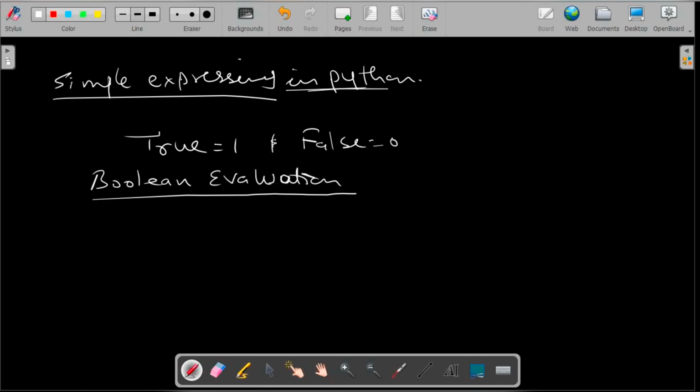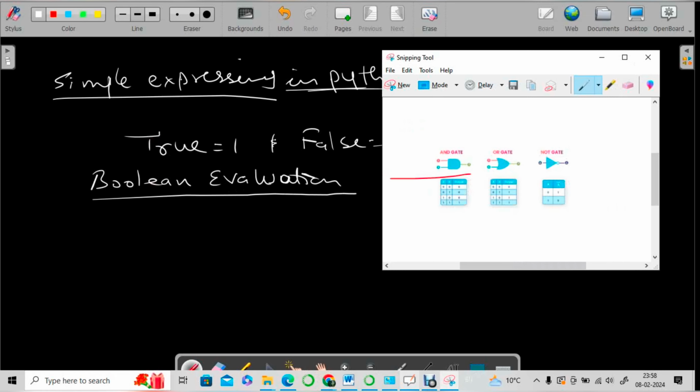Okay. What is this Boolean evaluation? See, you might have studied about the AND gate, OR gate and NOT gate. This is called a truth table. Okay, so if we are using AND,